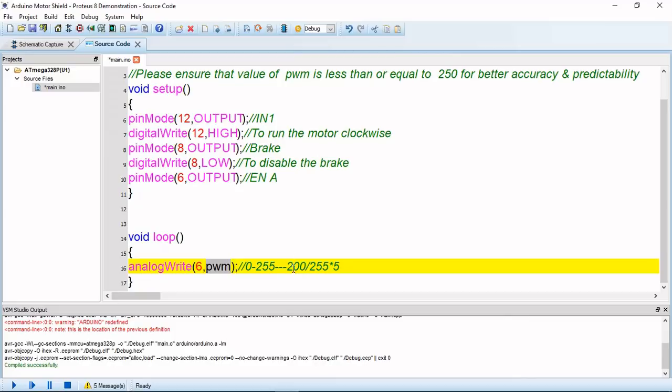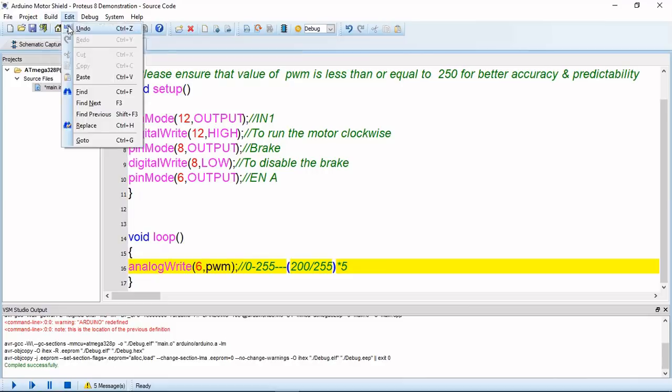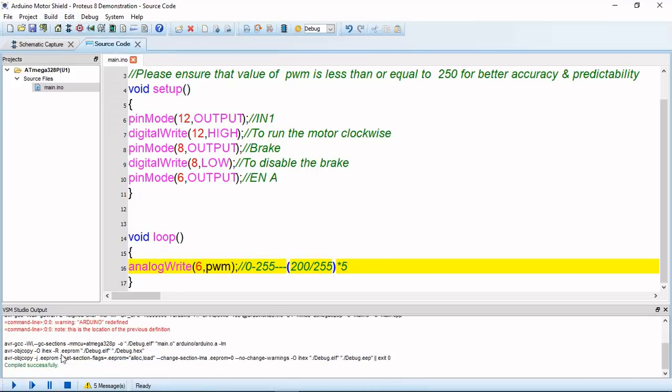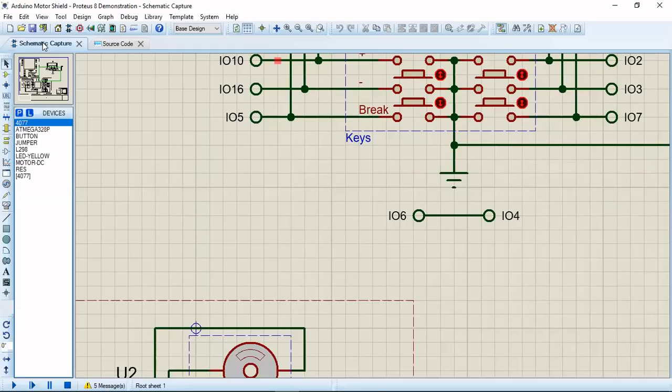Like if the value of PWM is 200, then the average voltage will be 200 by 255 times 5. So this will be the average voltage generated at the sixth pin. Okay, so let's compile this code and run it. It is compiled successfully. Now go to schematic capture and run the simulation.